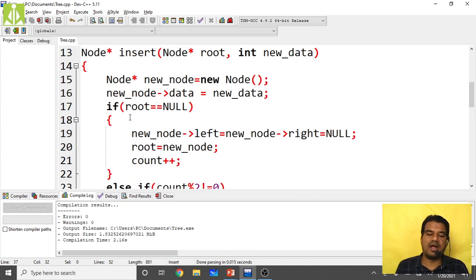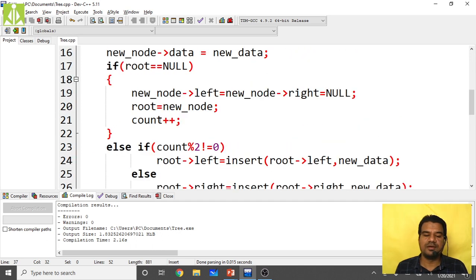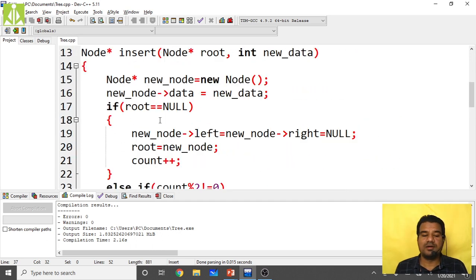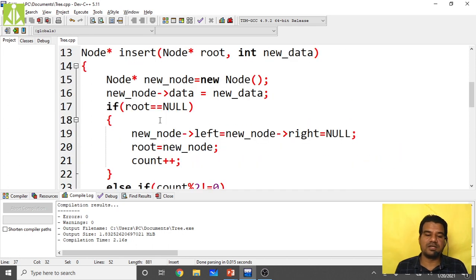Okay, maybe that I have to do inside this insert function only. Okay, I will check and I will let you know. Right, right, left, left, insert, insert. This function also recursively we are calling, so hopefully, yeah, we'll see where that change exactly needs to be done. We will see.